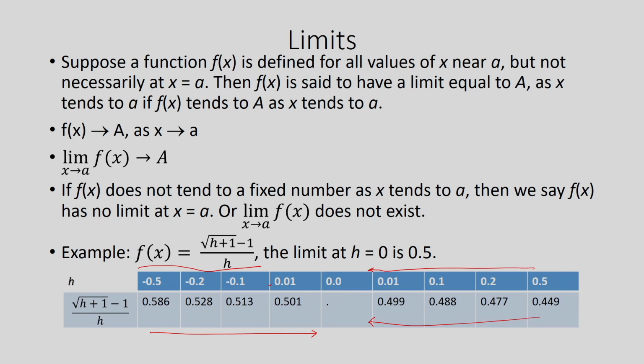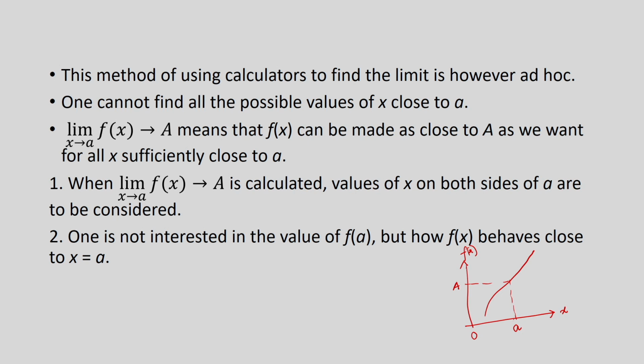So, therefore, by this sort of heuristic demonstration, we can say that the limit as h goes to 0 of this function is 0.5. Here for a general case, the limit of this function is capital A,